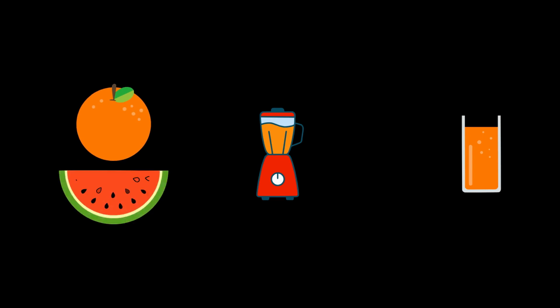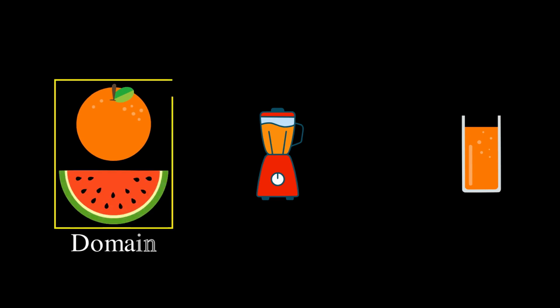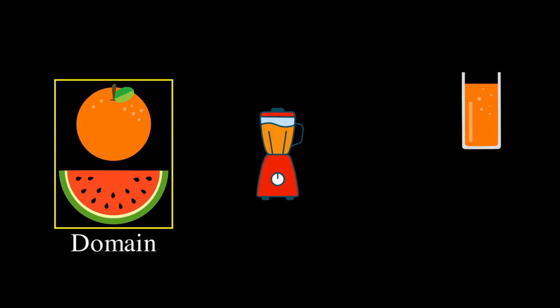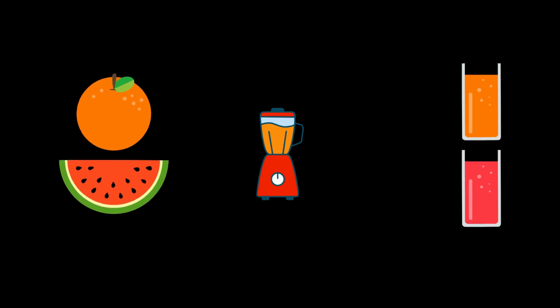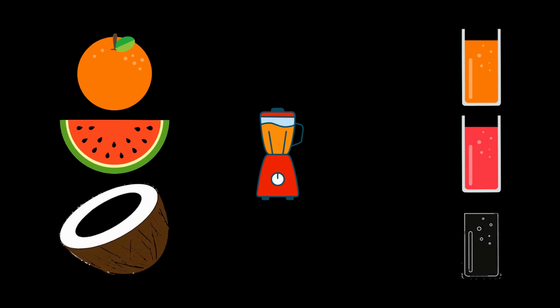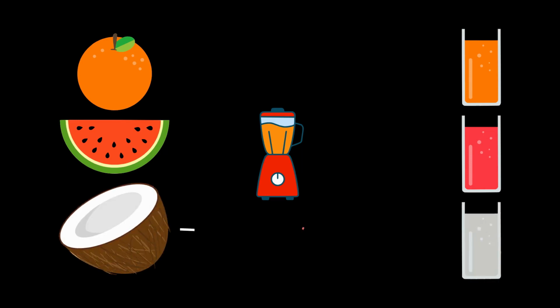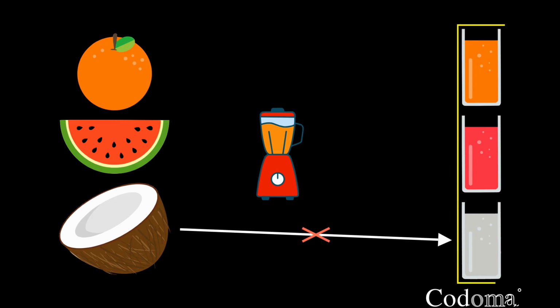The domain is a set of all possible fruits you can put inside the blender, while the range is their corresponding juices. The codomain in this case includes possible juices you cannot get from blending, such as coconut juice. You can't blend coconut using this function, a blender. To make coconut juice, you need another function. You will learn through your studies a bunch of different functions, ranging from simple ones such as linear equations to functions such as binomial distribution.